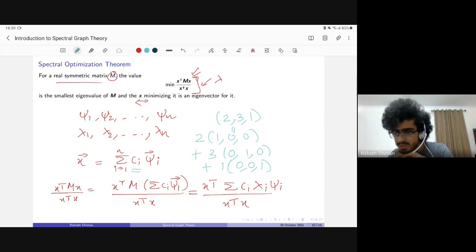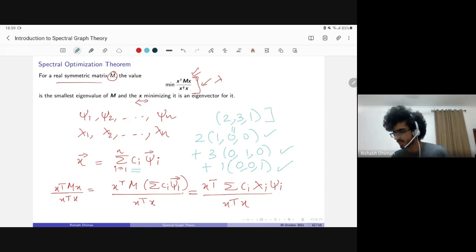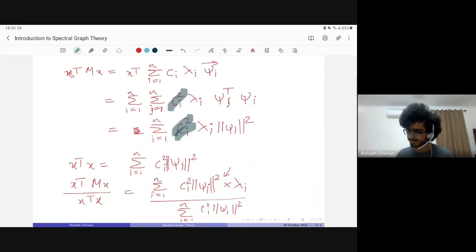So the result is that when you have n orthogonal vectors and you're working with an n-dimensional matrix, you can always write any vector as a sum of them. This is again a linear algebra result. For example, here you have three orthogonal vectors, so you can always write any vector as a sum of these three. And again, I really don't want to get into this because that's a whole other story.